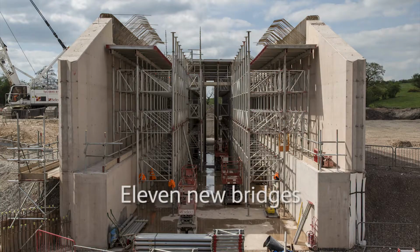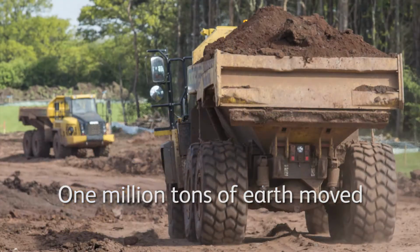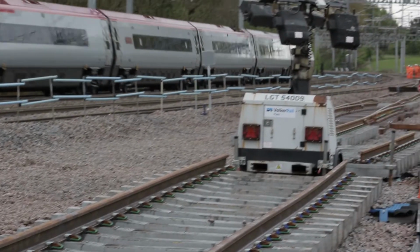So the Staffordshire Alliance is a partnership between Network Rail, Laing O'Rourke, Atkins and VolkerRail to deliver the Staffordshire Area Improvements Programme. Those works involve 11 bridge structures, about 1 million tonnes of earthworks, 4 river diversions and 1.2 kilometres of new road. The Norton Bridge element of the works is basically a greenfield project, interfacing with the railway at